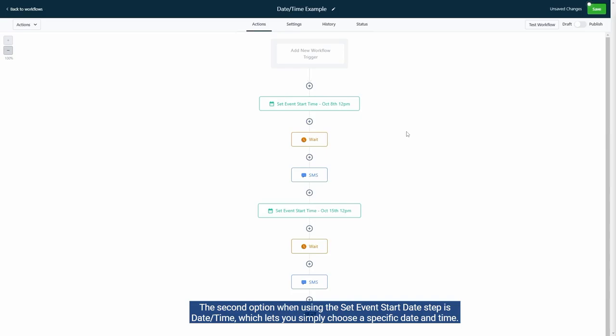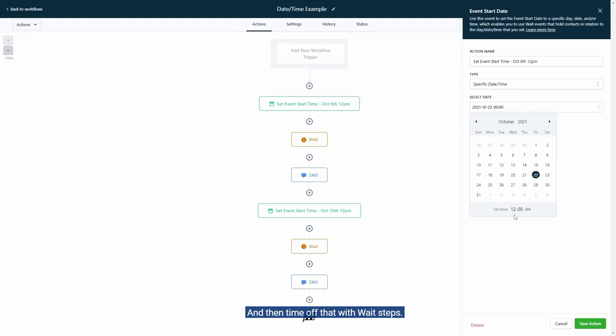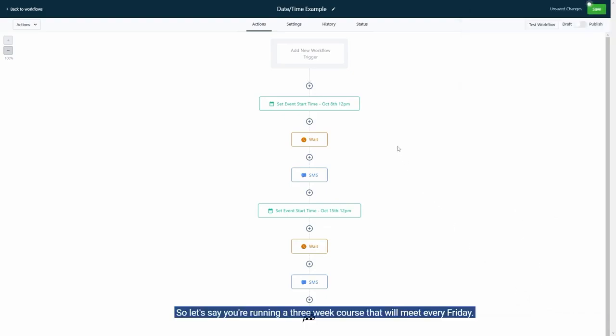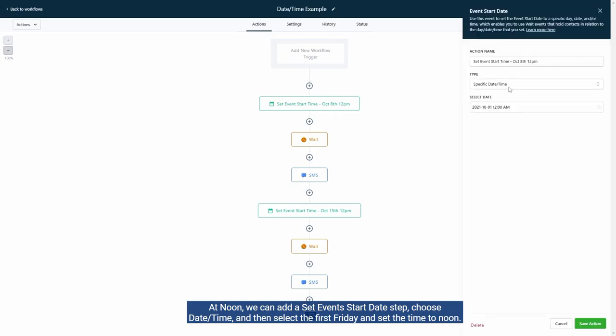The second option when using the set event start date step is date/time, which lets you simply choose a specific date and time, and then time off that with wait steps. So let's say you're running a 3-week course that will meet every Friday at noon. We can add a set event start date step, choose date/time, and then select the first Friday and set the